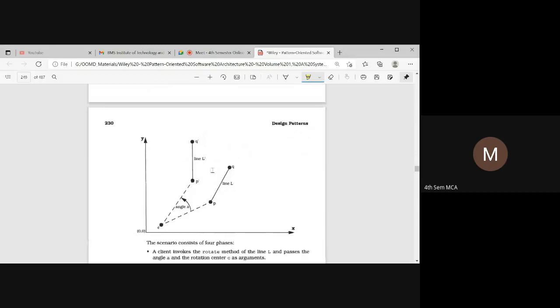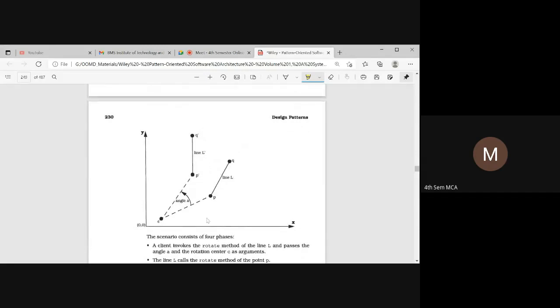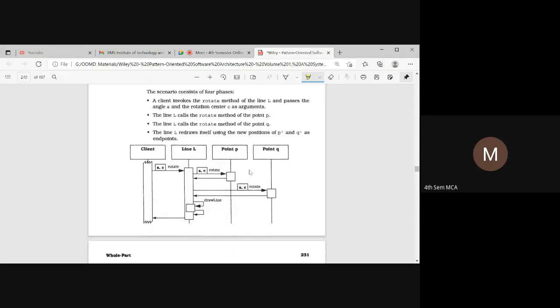And for the dynamics, we had taken an example of rotating a line. We have a line called PQ, and this PQ line has to be displaced from its point. So there we are taking the angle of rotation. Depending upon the angle of the rotation, the line takes a new position P dash and Q dash, and we are calling that new position of the line L dash.